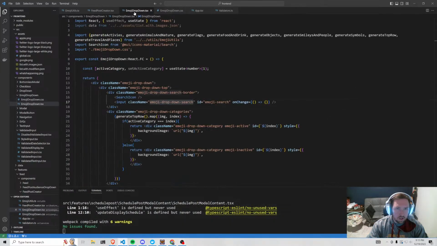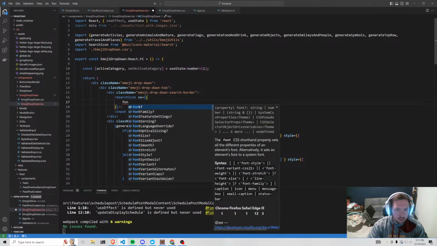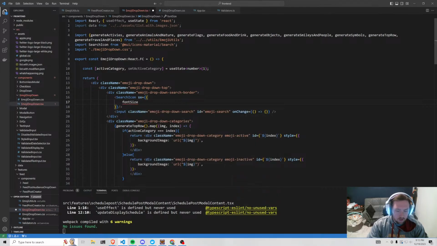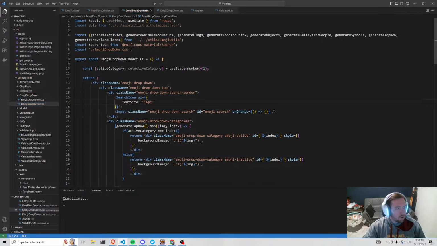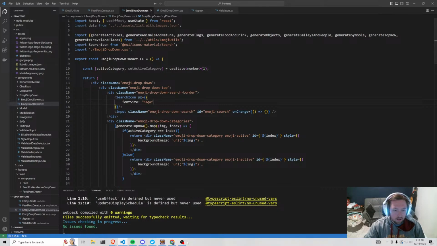So if we come back into our emoji dropdown, this one we need to say like SX equal to, and we might have to wrap this inside of a div to kind of put it where we want it. But I'm gonna go ahead and say font size, and let's try like 16px to start out, and then I'm gonna go ahead and kind of change it, and then you guys will obviously see the final product in the video. But if we go ahead, take a peek,